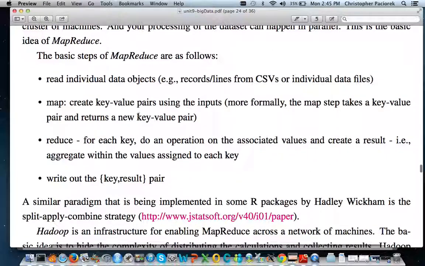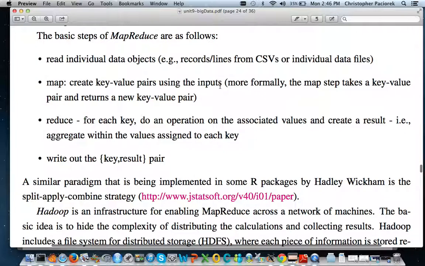And so in that case, the way you can think about the MapReduce paradigm is I'm going to read in my individual data, and a common case would be individual lines from a whole big collection of CSV files or something like that. And then with each of these lines, I'm going to create these key value pairs. If you think of the initial data set as having a whole bunch of files, where the key is the name of the file, then the first mapping step that I need to do is basically